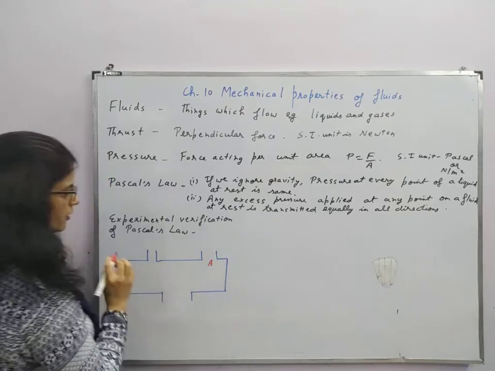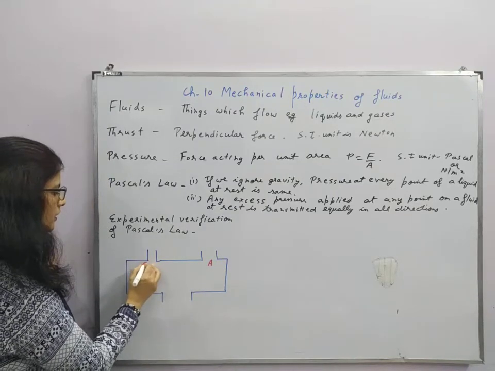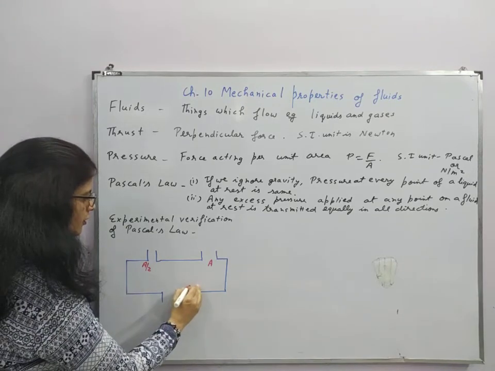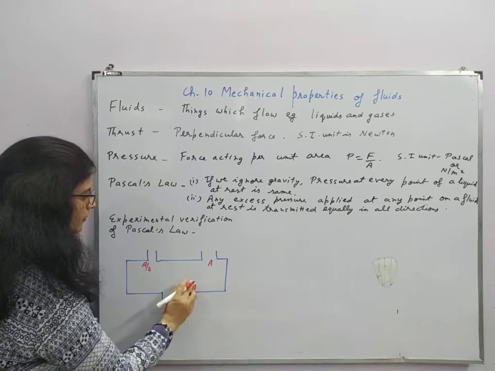Suppose area of cross section of this is A. Its area of cross section is A by 2 and its area of cross section is 2 times of A,